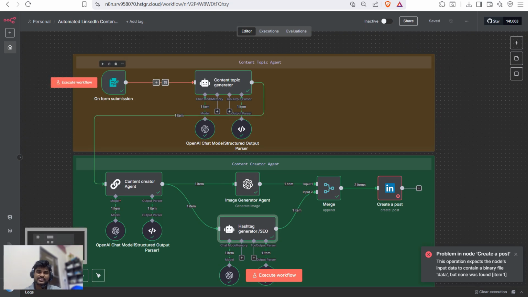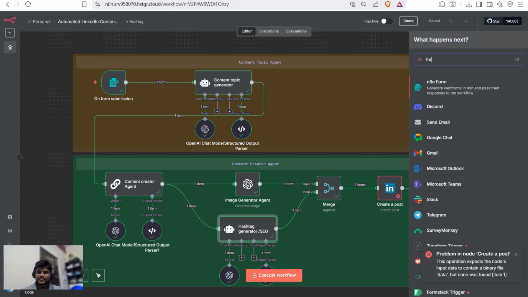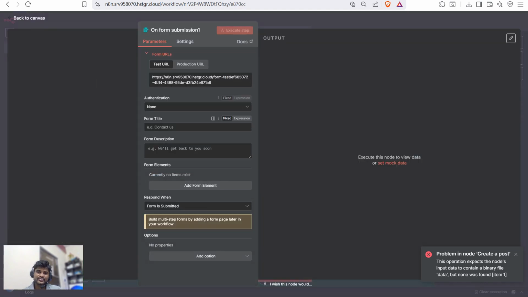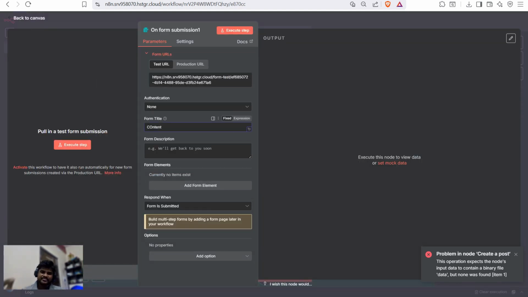So first we used a form submission node. You can just add a form node, and from here you just need to take on new form event, so it will populate your form. So you can just name it like content generator,